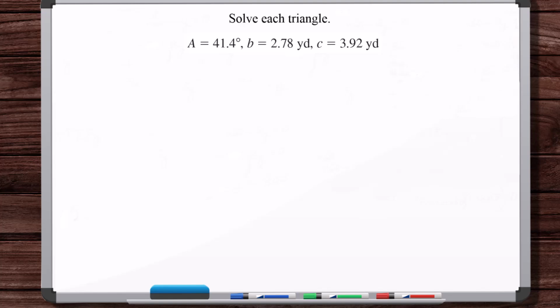In this video, we're going to work example problems where we solve triangles using the law of cosines. For each of these problems, we're going to be given three parameters for a certain combination of angles and side lengths of a triangle to start with, and the parameters are going to fall under the side angle side or side congruence cases, which we know applies to the law of cosines. And then from there, we're going to use the law of cosines to solve for all of the other parameters